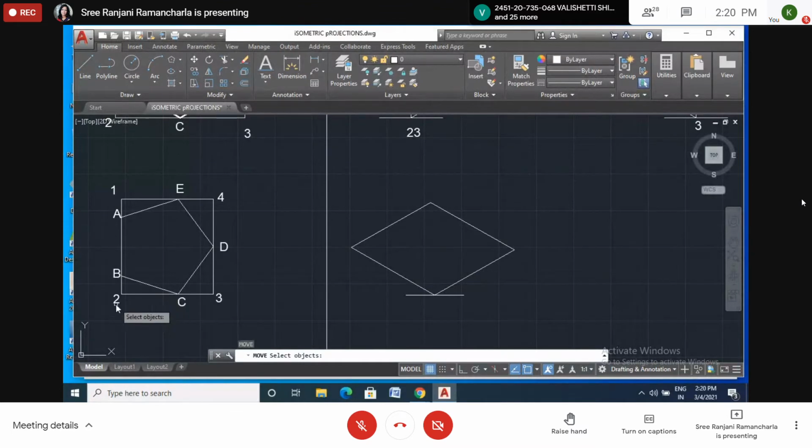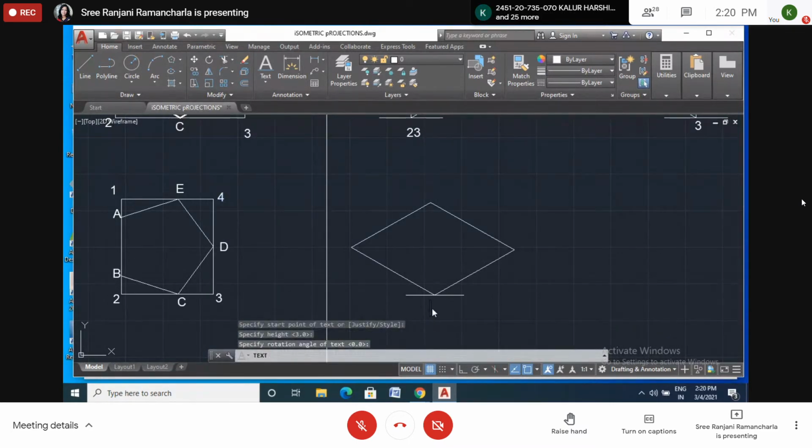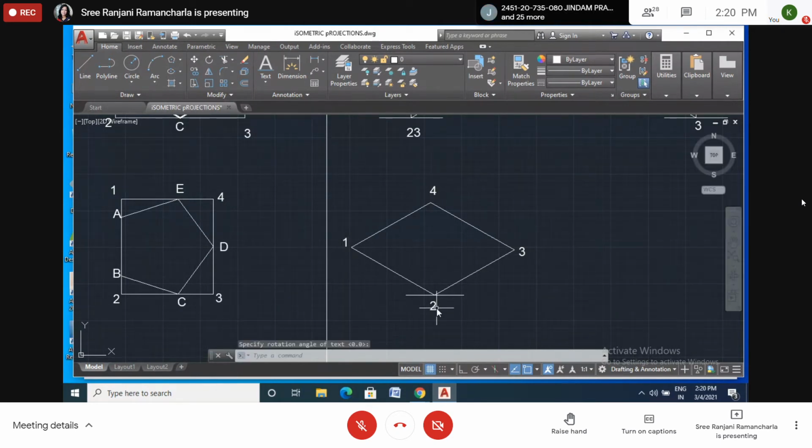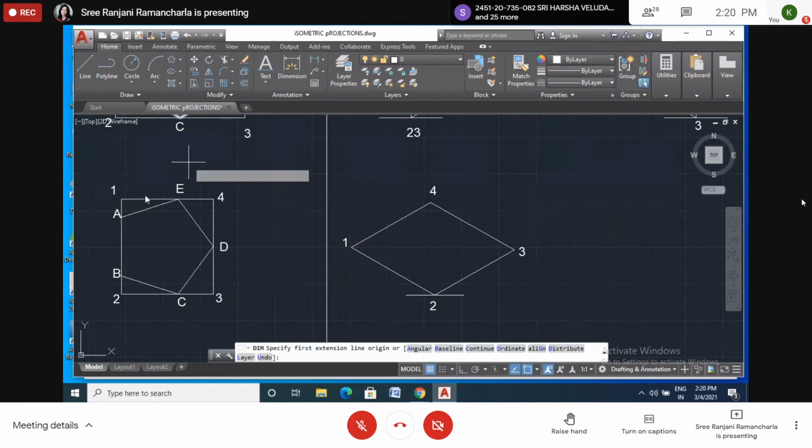Okay. Now I told that this is 2, and this is 3, so I will add text here first. So this is 2, 3, 4, and 1. Okay. Now between 1 and 2, two points are there, A and B. So A is somewhat far away from 1, so we have to measure, we don't know exactly, so we should measure this length.